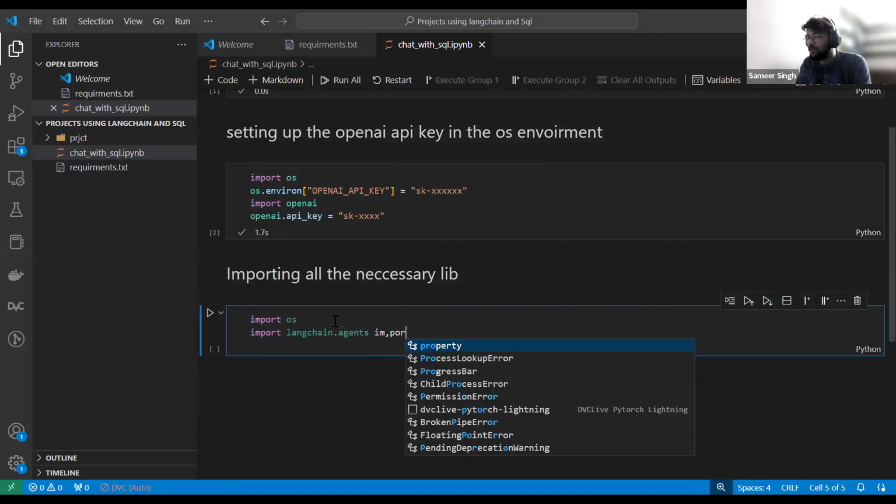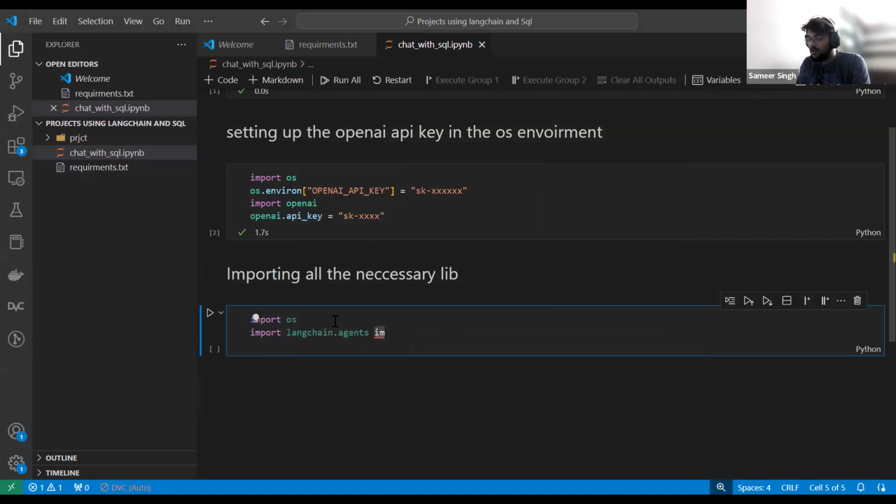And now I'm importing, for now I am using star. So what does the star mean here?